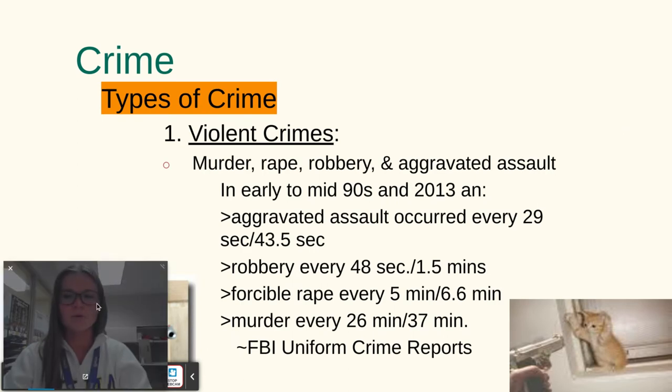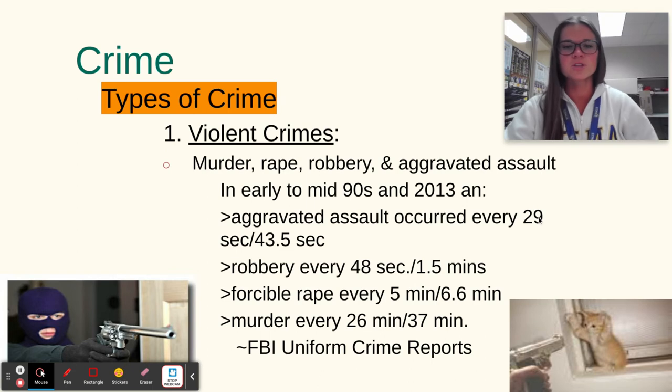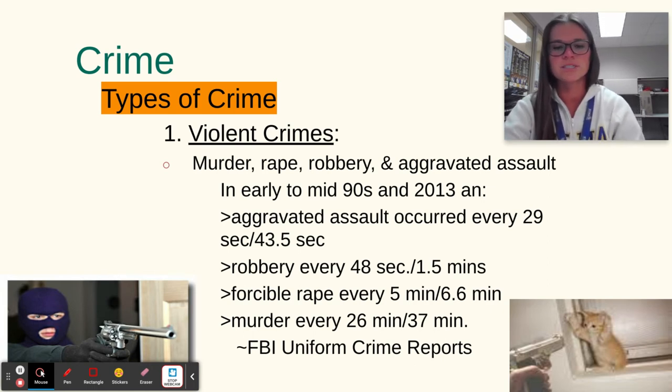So, like I said, we're going to look at different types of crime. The first one we'll look at is violent crimes, what we consider in sociology as violent crimes. Violent crime is described as murder, rape, robbery, and aggravated assault. In the early to mid 90s, an aggravated assault occurred every 29 seconds. In 2013, it occurred every